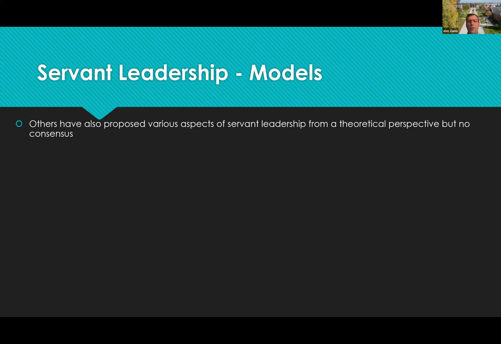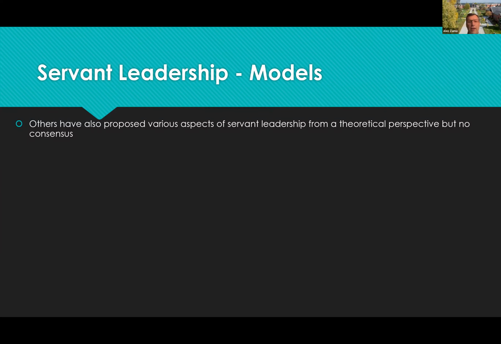Other scholars have proposed various aspects of servant leadership from a theoretical perspective, but there really isn't consensus. Robert Greenleaf's writing was published over 40 years ago, but scholarly interest in conducting empirical research is fairly new. It may be 15 or 20 years ago when scholars really started to explore different aspects of servant leadership. So again, there are various aspects that have been studied, but there is no